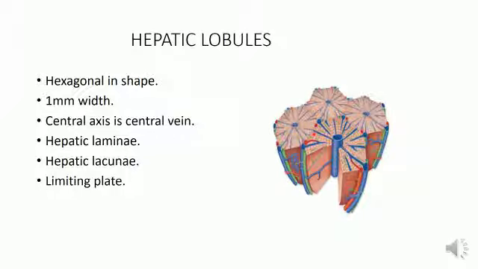The hepatocytes are separated by spaces known as hepatic lacunae, which are occupied by sinusoids. Hepatocytes are bathed in the sinusoidal blood. At the periphery, adjacent hepatic laminae join and form a limiting plate that overlies the portal canal. Limiting plate has perforations through which the venules and branches of hepatic artery open into the sinusoids.